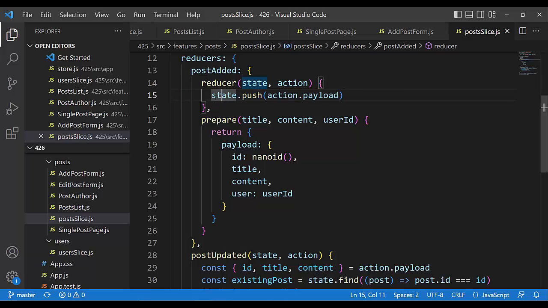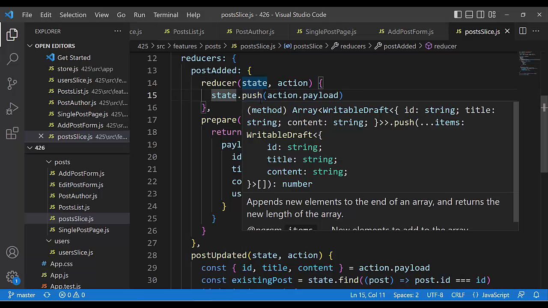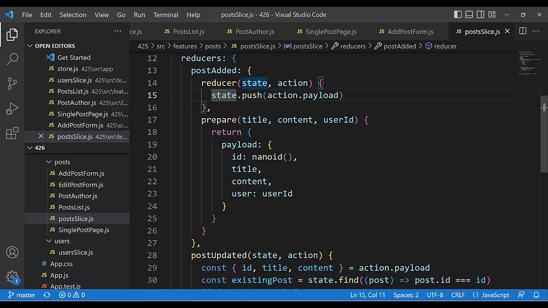This is state.push action.payload. Here it is a mutable kind of change. It is directly push on state dot method push action.payload. It is possible because in this tool, Redux toolkit, and concretely